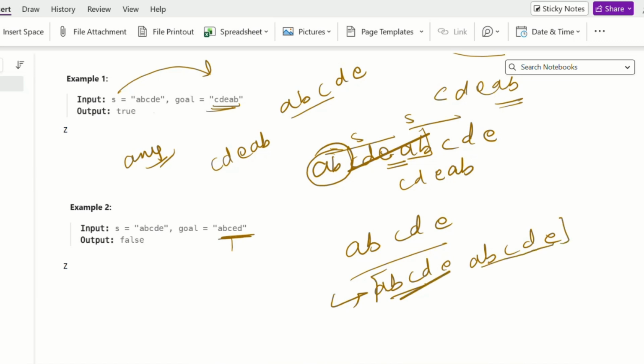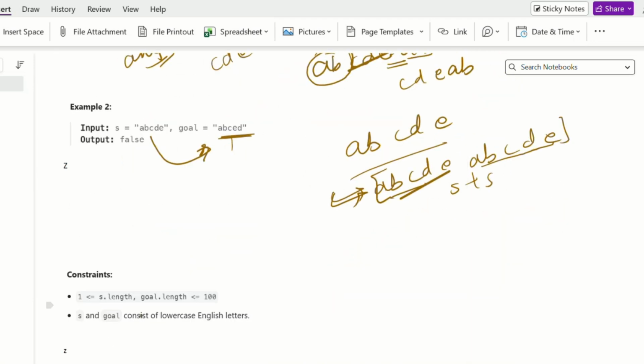So it is not a substring of s plus s. So we can say we are not able to make s equal to goal after any number of shifts. The constraint is that both string lengths can start from 1 and reach up to 100, and these are all English lowercase letters.